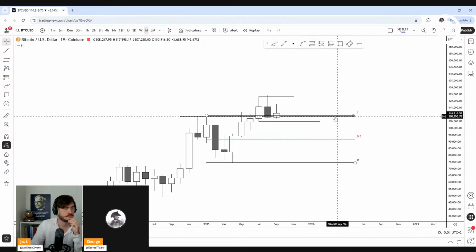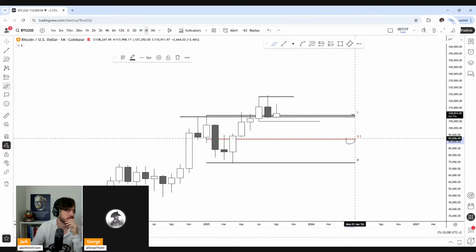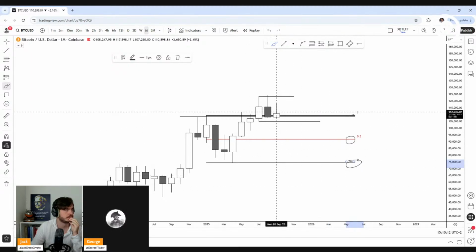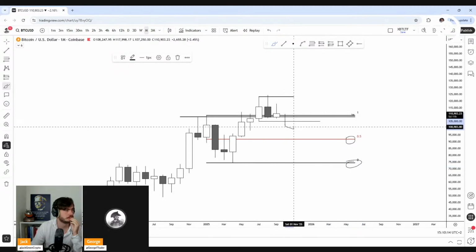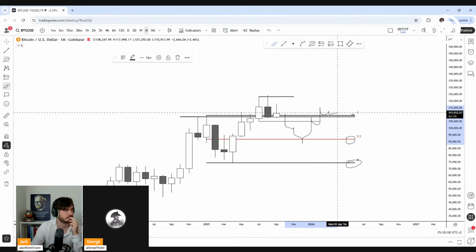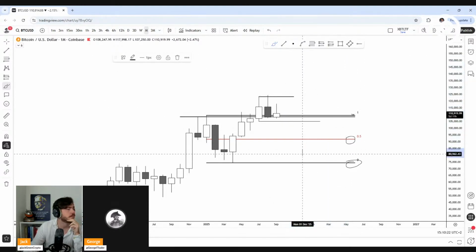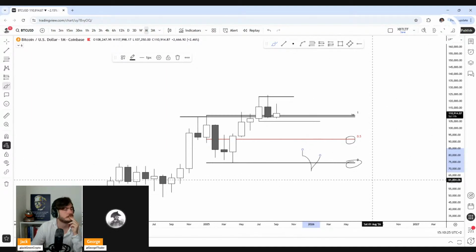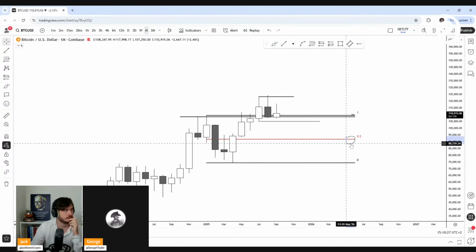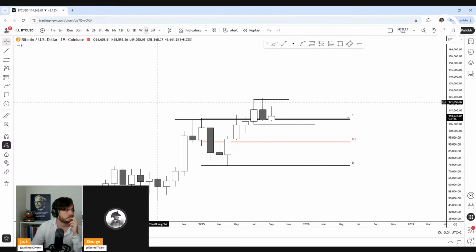As long as we don't do that and we break back below these levels and close ugly below these levels, I think bounces are going to be for shorting, targeting first range mean and second range low. It's still possible at that point that we close down here, that we bounce from range mean, right? And then reclaim this and go for all-time highs. But I also wouldn't be surprised if we come down all the way towards this range low level. All right, that was a lot of talking on the monthly.